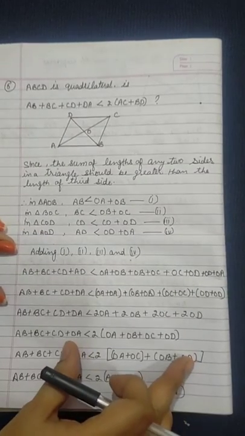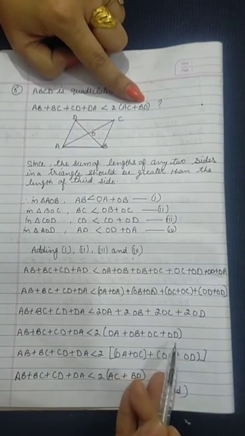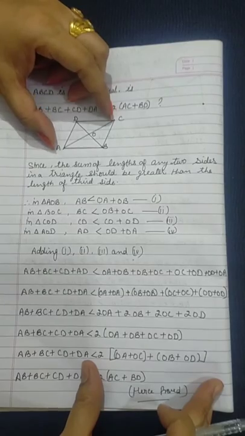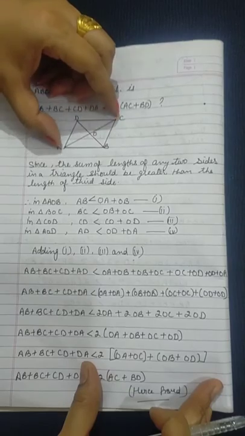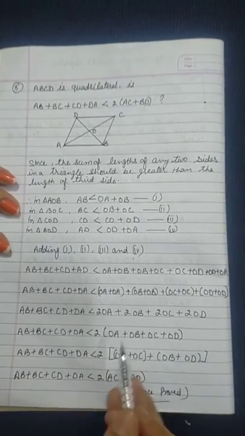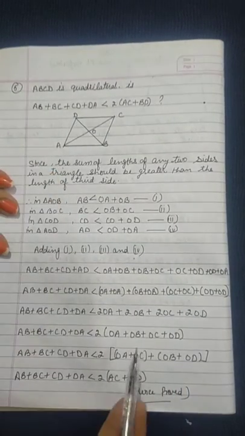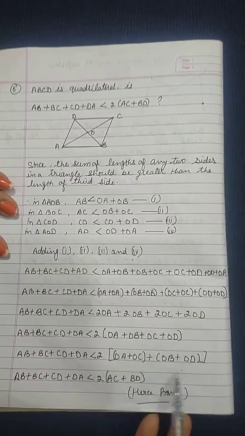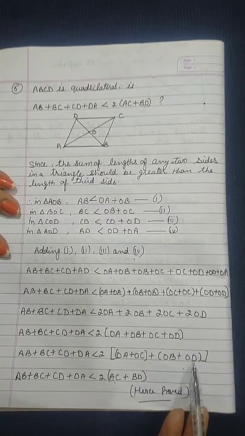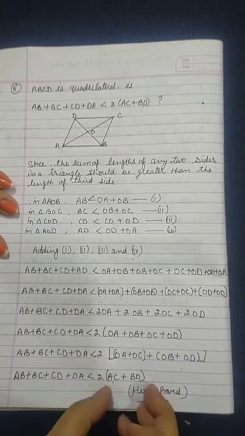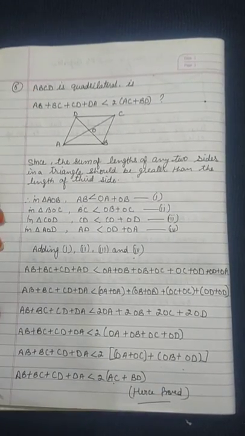Now I want AC and BD, but I have AO, OB, OC and OD. You will see how AC becomes complete if I add OA and OC. So I will join OA and OC, and the same for BD, I will join BO and OD. On joining, first keep them in brackets, then add them. OA plus OC becomes AC, then plus OB plus OD becomes BD. In this way, after writing, you will check that your answer matches the proof. So in this way you can simplify this sum.